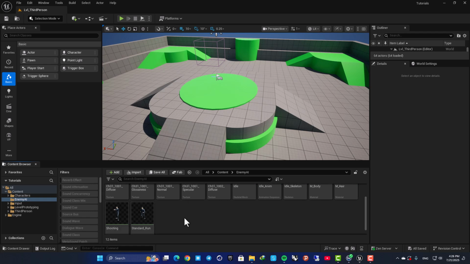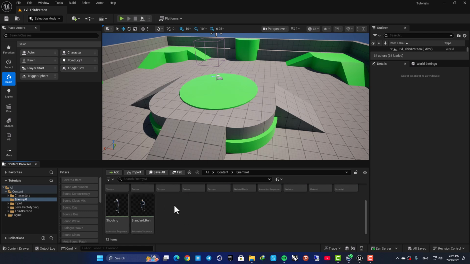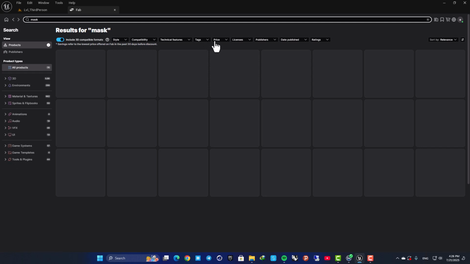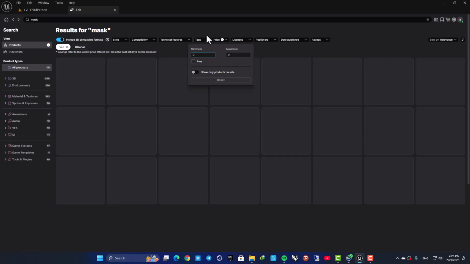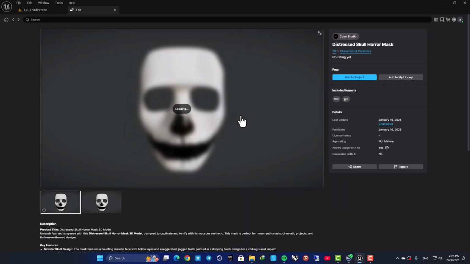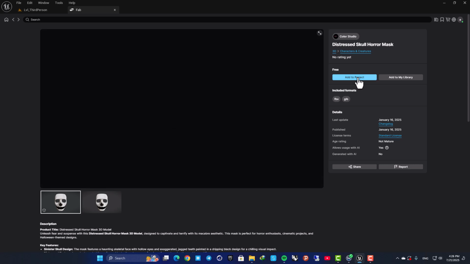Alright, next we need to attach a gun to his hand and also a mask to make him look cooler. So let's open up Fab, search for mask, set the price on free, and here as you can see we have a couple of cool masks. So just choose one of these guys and add it to the project. It's totally unnecessary, but I think it's worth it and it makes things look cool. So let's do it real quick. I downloaded the skull horror mask,